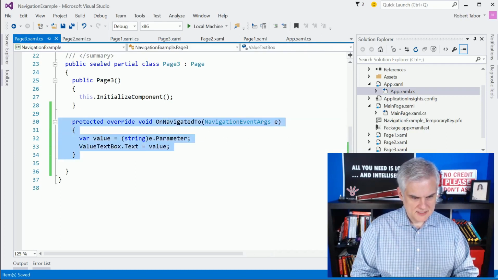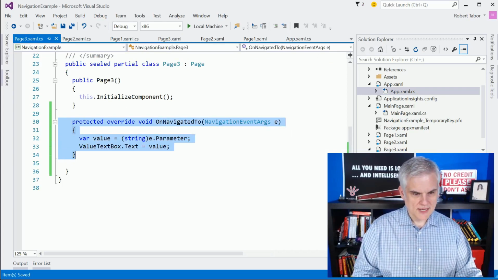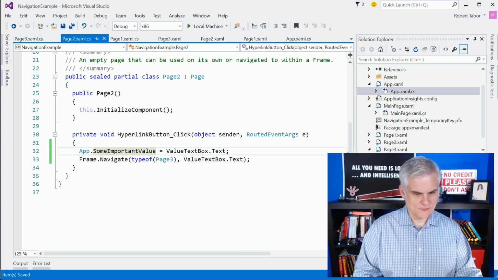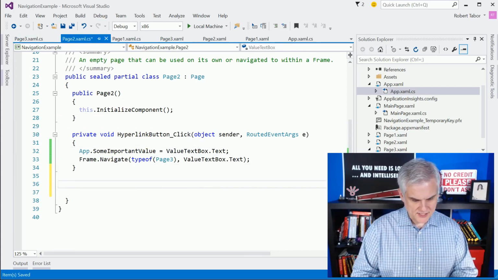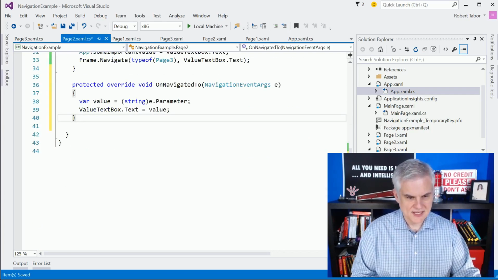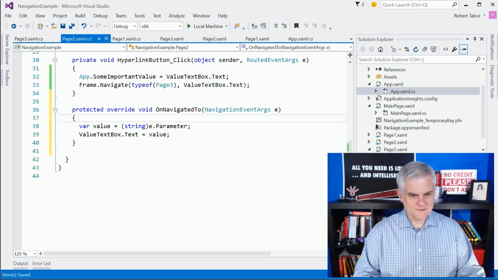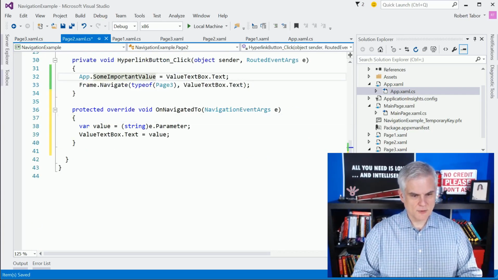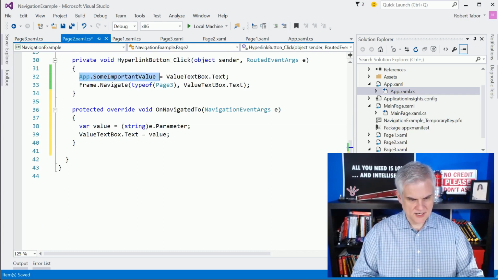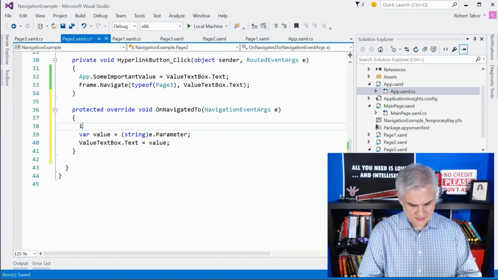I'm going to grab this, override, and put it back in page 2. All right. So on page 2 now, we're going to override the onNavigated2. And if our some important value is not an empty string, so if